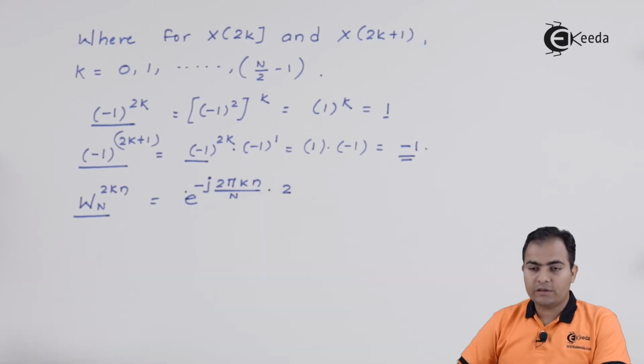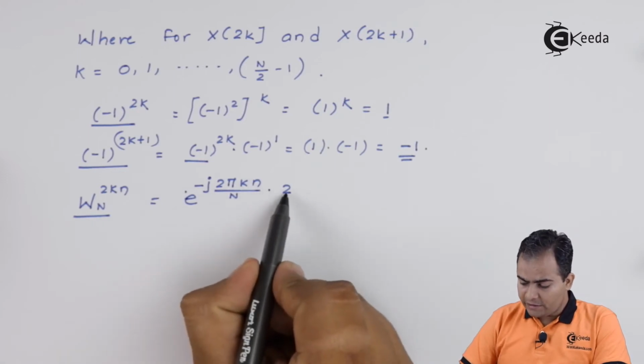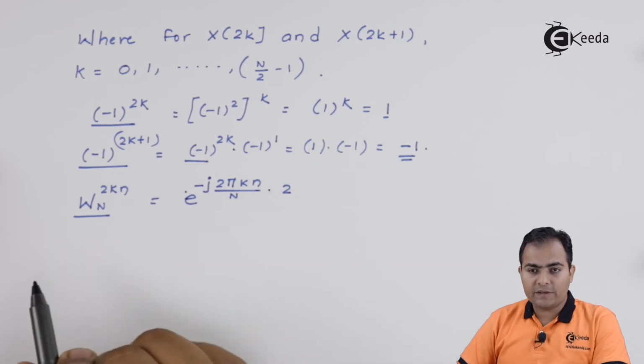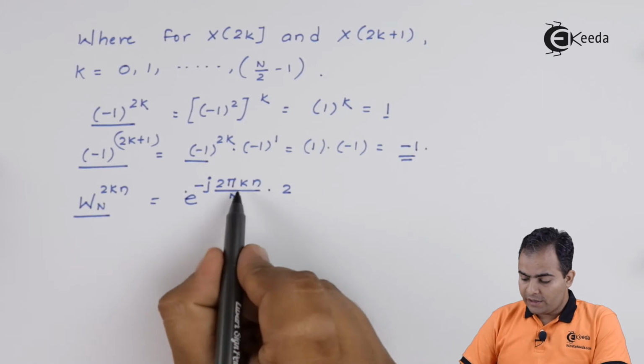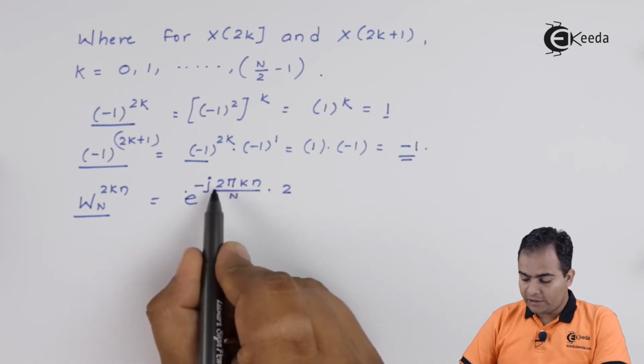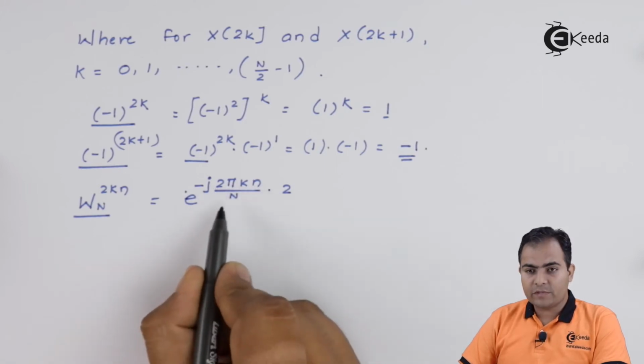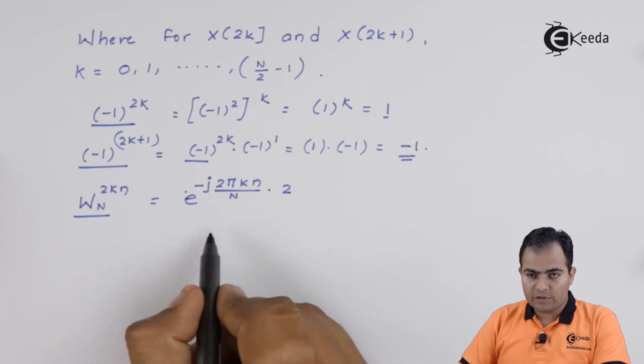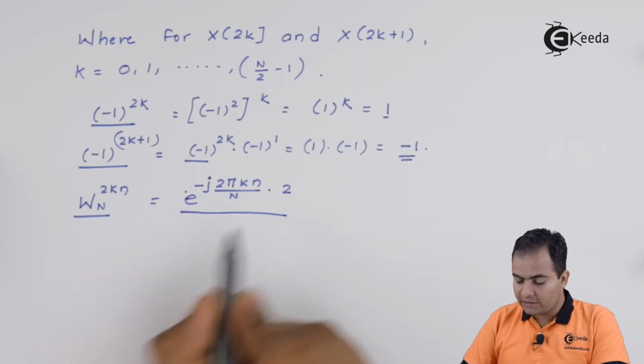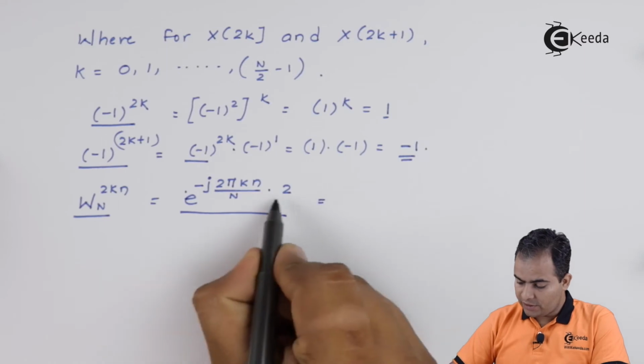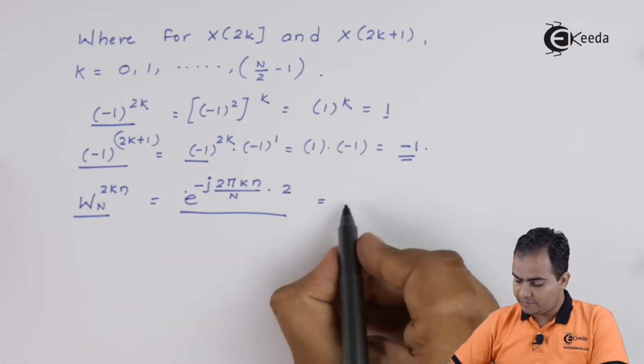So I'm going to write here a 2. Now basically we can write this 2 in the denominator of n also, because 2kn by n upon 2 is always nothing but this. So I'll shift this 2 into the denominator of n,